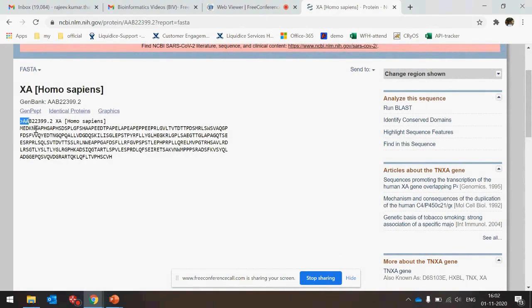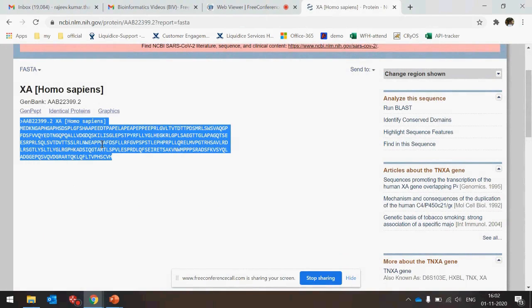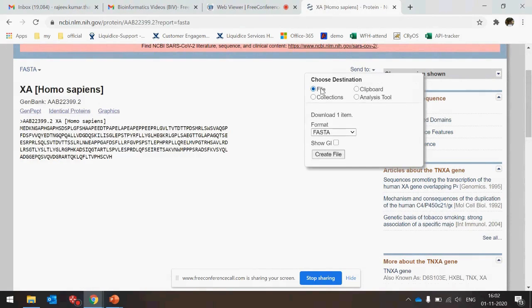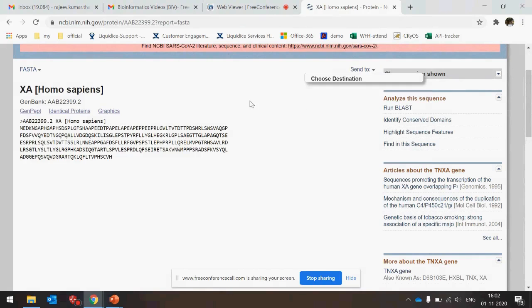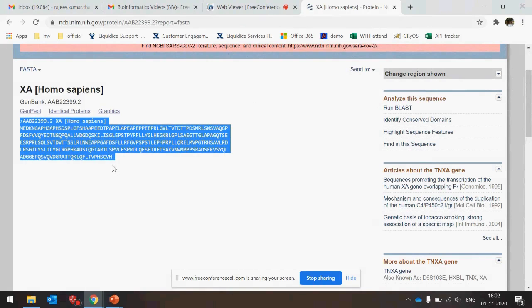We want to save this format, so we will select it and either send it to a file in the form of FASTA, create a file, or download it, or we can copy this and paste it in a Word doc, any doc, and keep it